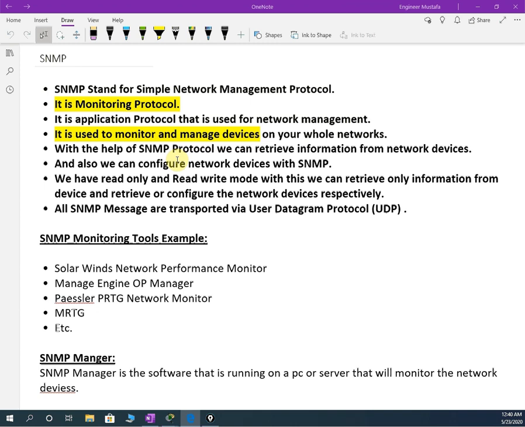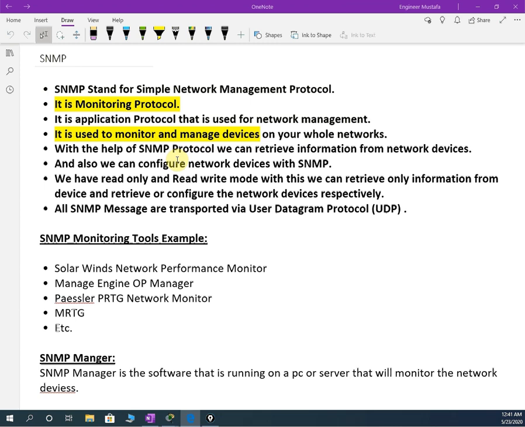Some of our subscribers are also asking how we are going to monitor our network and how we can do it. Actually, we have this in our syllabus also, so let me read where we have it. If you see our syllabus paper, the PDF from the Cisco site, at 4.4 we have: explain the function of SNMP in network operations. We don't have configuration, troubleshooting, or verification. We only need to explain the function, how SNMP works in network operations. So we don't have more detail here. In CCNP we have a little more detail.